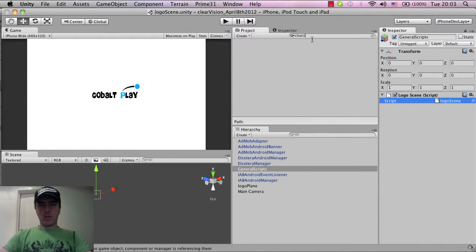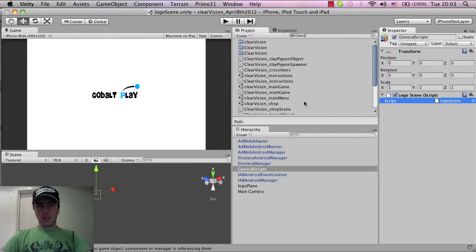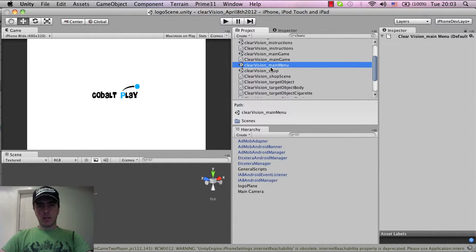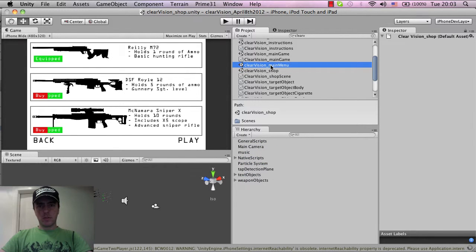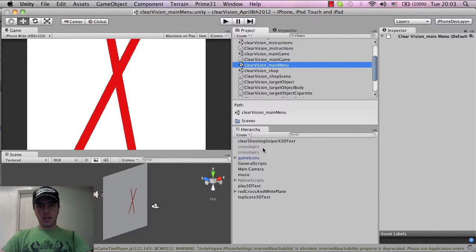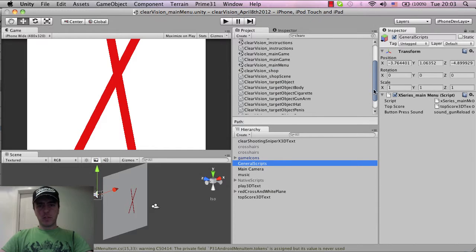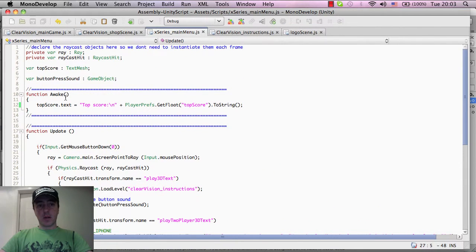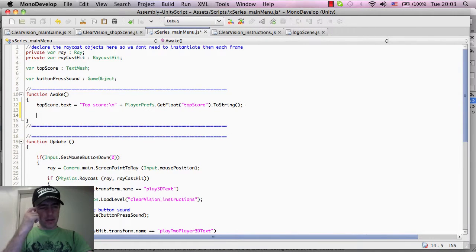And then what I want to do is basically find the main menu. No, sorry, I clicked the wrong one. And then inside of the general scripts folder, which is this one here, I want to check this in awake. So if I just go down